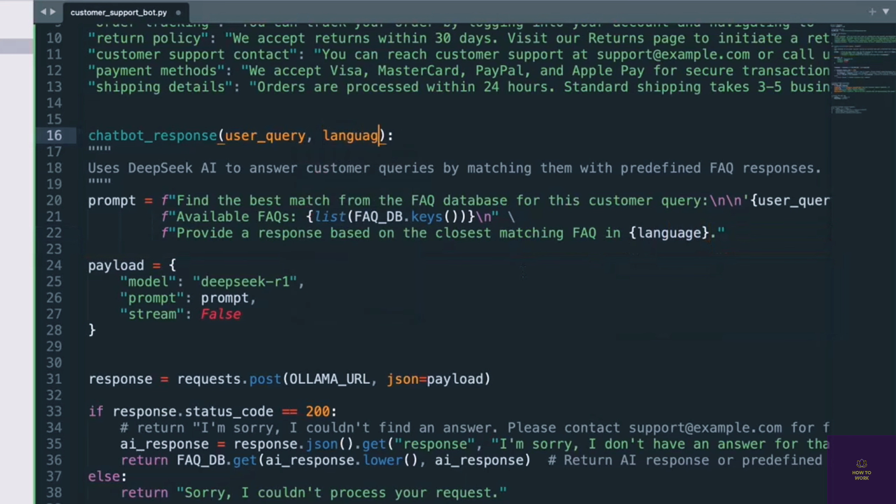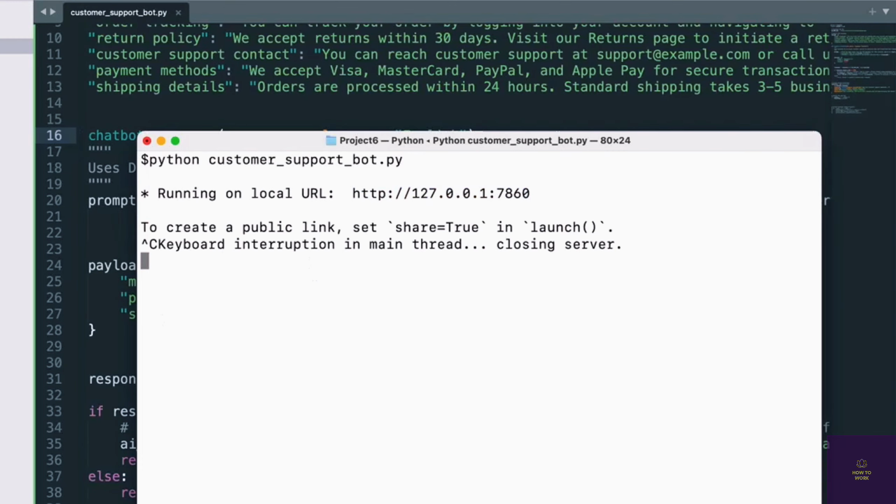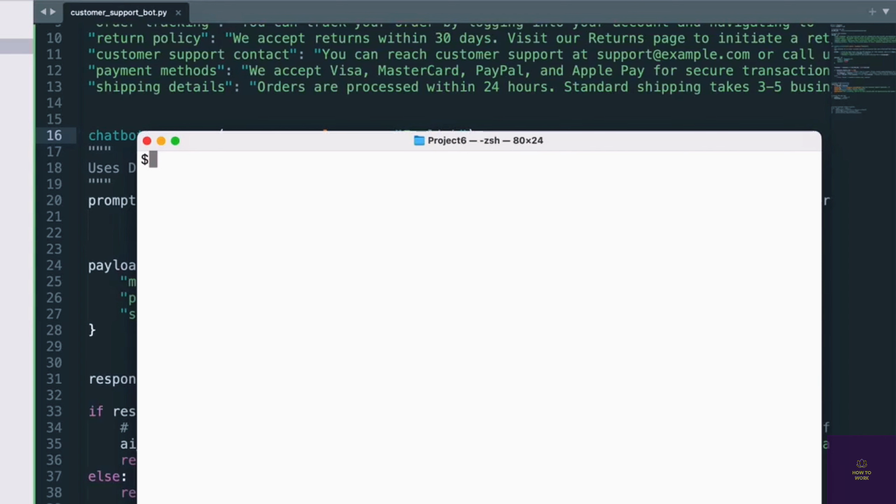I can just say language equal to English here, something like that. So default to that, and in the prompt itself you'll have to probably specify the language that you want the reply in. Save this, go back here, close this, clear it out, and first I can say pip install fastapi